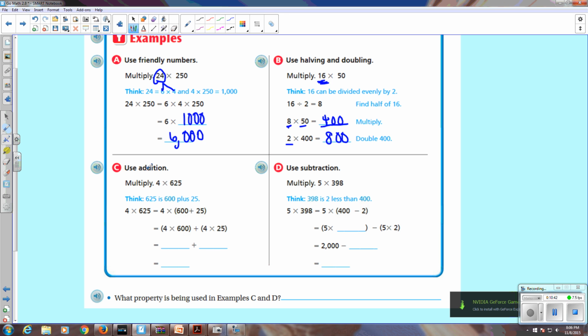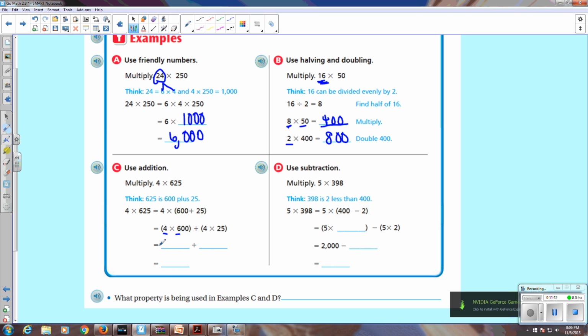Another strategy you could do is use addition. If you were asked to multiply 4 groups of 625, well, that's kind of tough for me. But I think to myself, 625 is 600 plus 25. So let's see, 4 groups of 625 is 4 groups of 600 plus 25. Again, I'm back to my distributive property. I'm going to break it up and I'm going to multiply first 4 times 600, which think of your basic